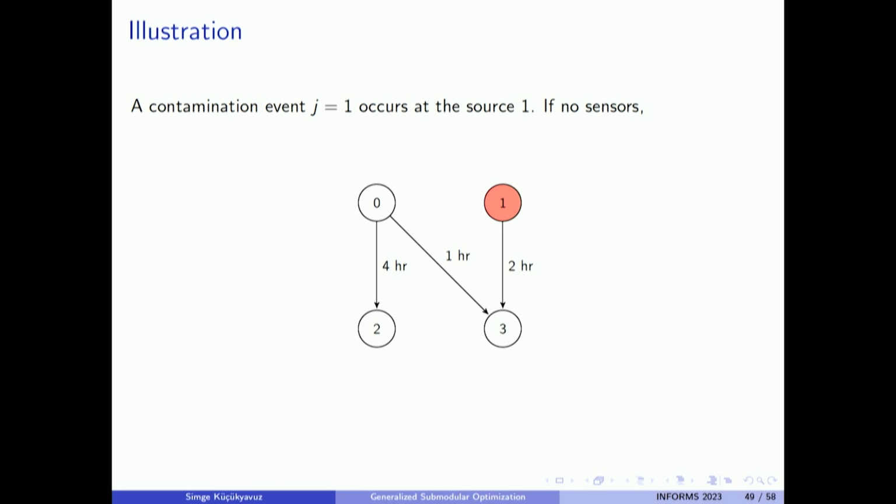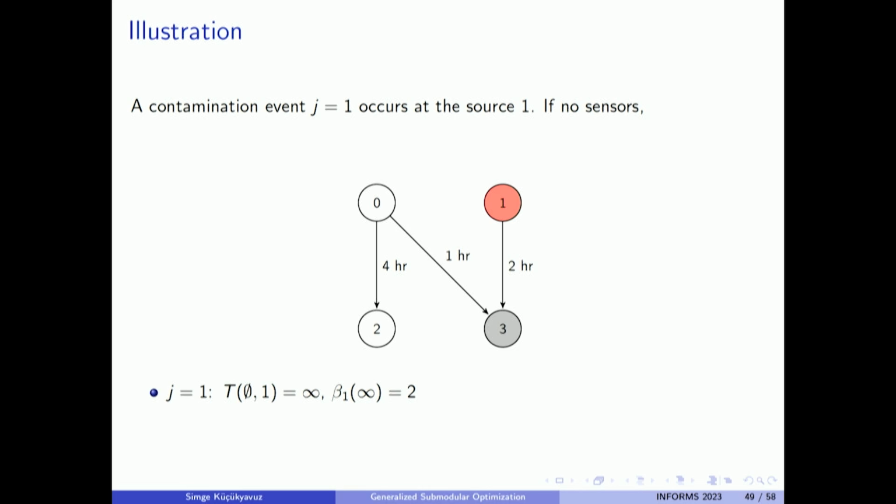But given that we have multiple scenarios, and this is a case where we need to care about robustness, the worst case. What is the worst case? What is the worst amount of damage that can be caused? So here's an example. There's a contamination in node 1. The arc lengths give you how many hours it will take for it to reach the next arc that it's connected to. So if you do nothing in 2 hours, it's going to contaminate 3 as well,